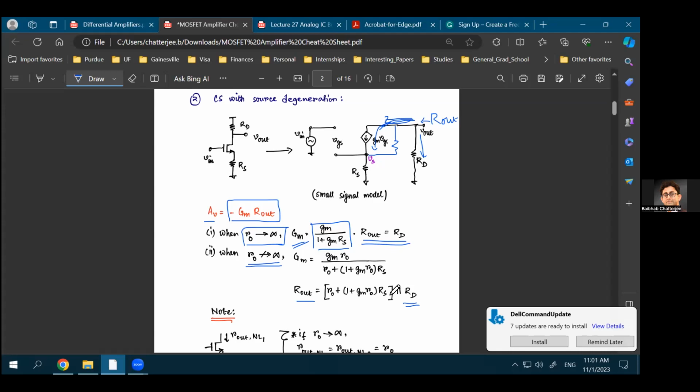But if you don't consider that, and we have solved this maybe two lectures before, if you are considering the effect of a finite Rho, the resistance that you see looking into the drain of a transistor, when nothing is connected at the source, you'll see a resistance of RO looking into the drain of the transistor. But in this case, you have an RS resistance connected at the source of the transistor. So the resistance looking into the drain will be equal to,